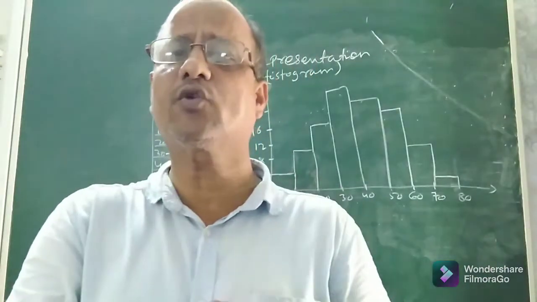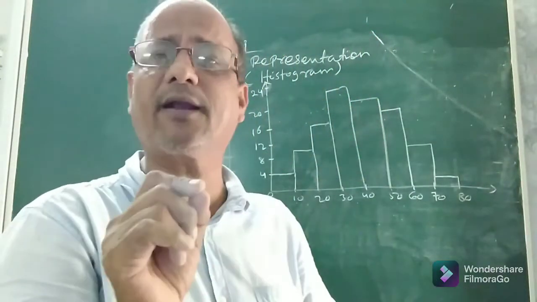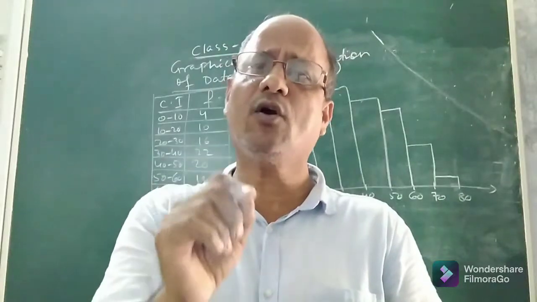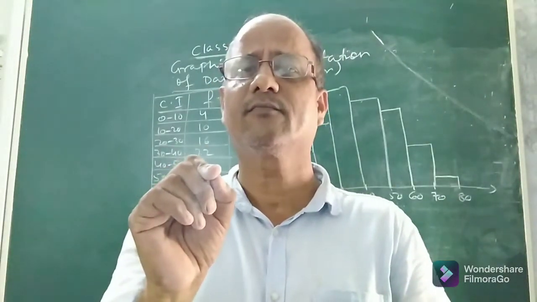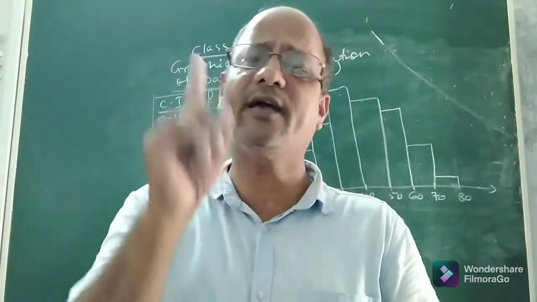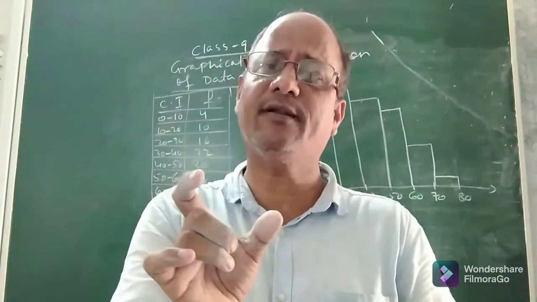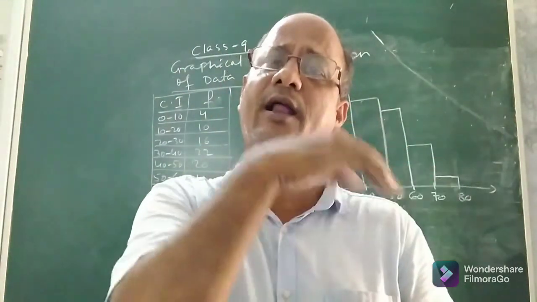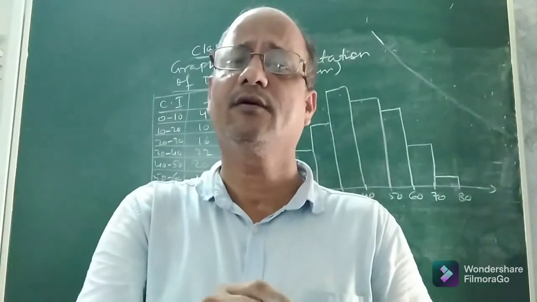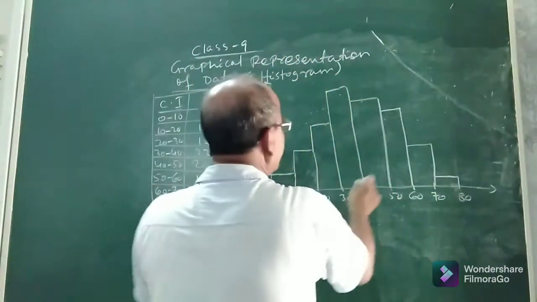See, what is a histogram? You know bar graph and histogram. What is the difference between them? Children, you know in a bar graph what we do? In a bar graph we draw bars or rectangles. We draw taking x-axis and y-axis. We take two coordinate axes, x and y. On one axis we take some quantity or variable, on the other axis, the y-axis, we take another quantity or variable. Then we draw bars or rectangles. But the condition is what? There is no gap.